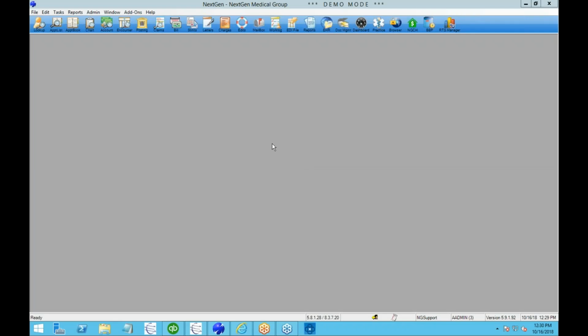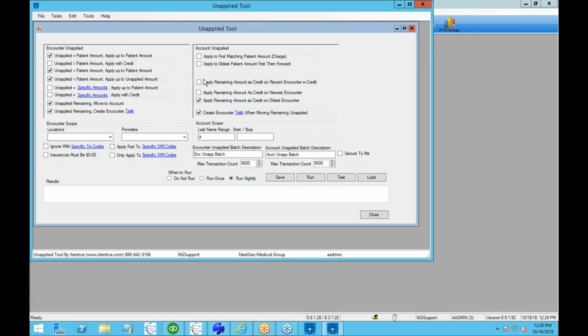Similar to RefundManager, the Unapplied tool is also integrated with your NextGen database and is launchable out of NextGen Practice Management. So let's go in here and look at the Unapplied tool. What we have here is the user interface for selecting the rules. In a typical production environment, the Unapplied processing would run overnight while no one's on the system. But during the day, you can set up your rules